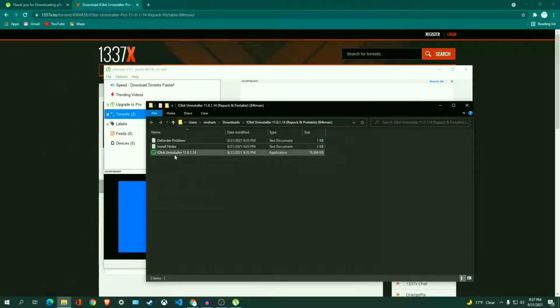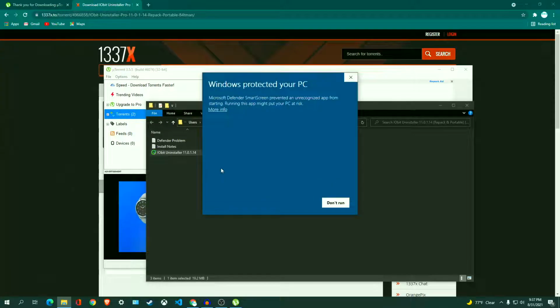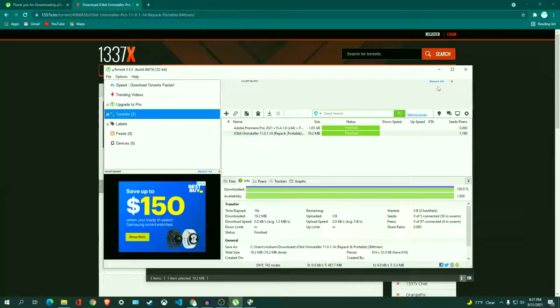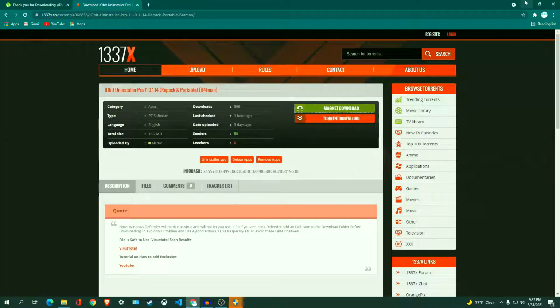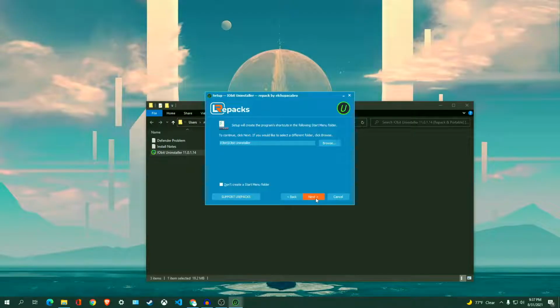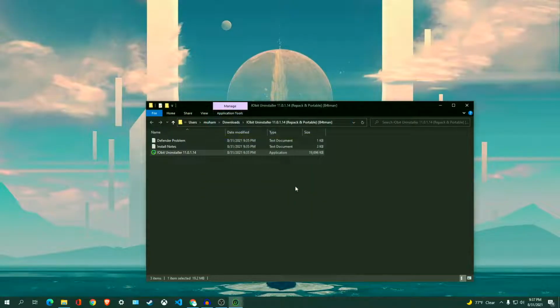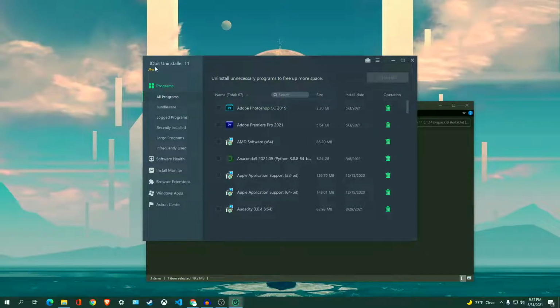double click this, right click run as an admin, run anyway. You can close out of this, click yes, hit next, then click next. I want to run the program. Now as you can see, the IObit Uninstaller 11 Pro is here